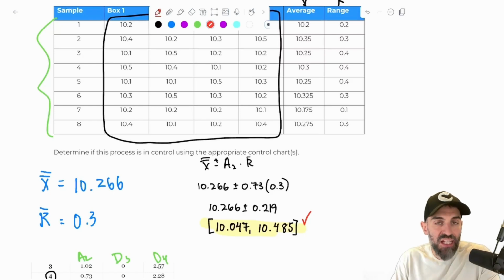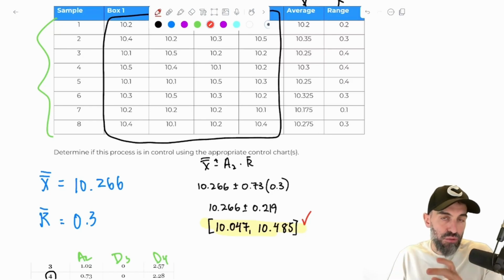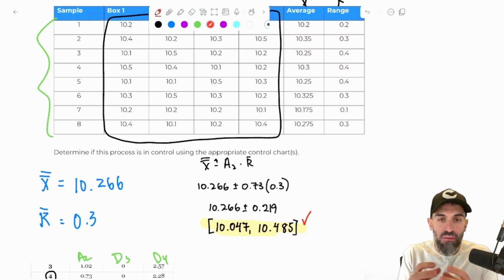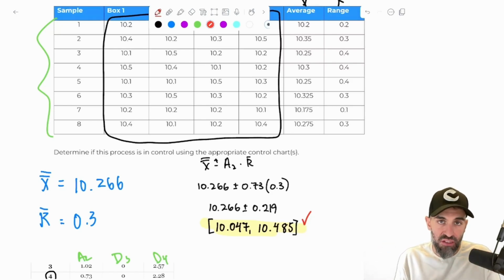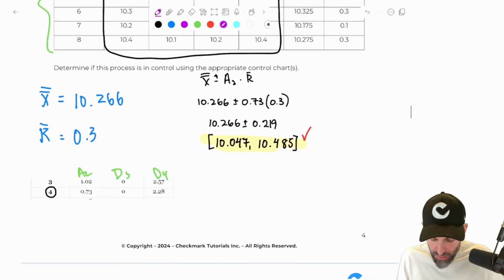But you can't say that the whole process is in control yet, because remember what I was saying. If you don't know the standard deviation, you need to test if the mean is in control, which now we know that it is, but you also have to test if the range is in control. It's not enough to just do one. Imagine this has to pass two tests. It passed the first one, now let's do the second one. For the ranges,